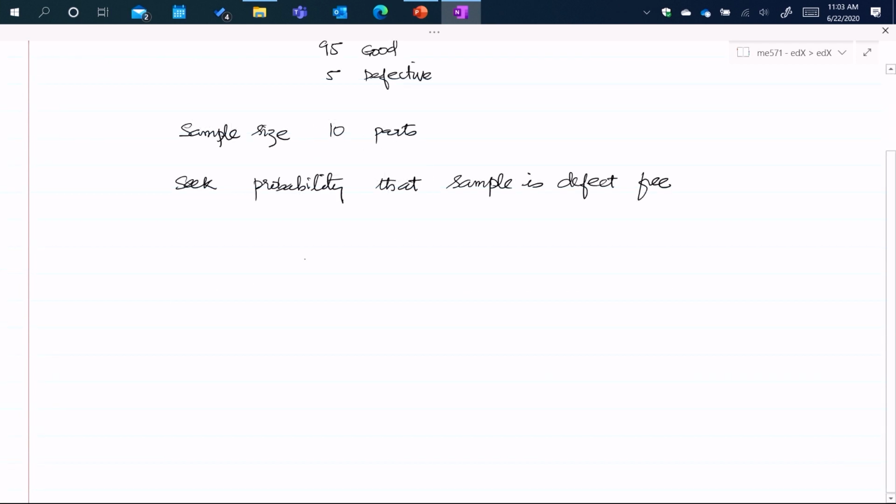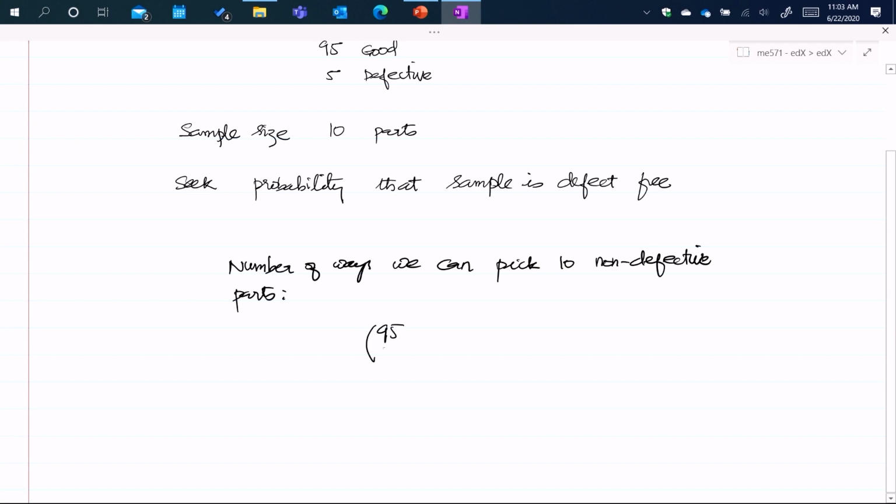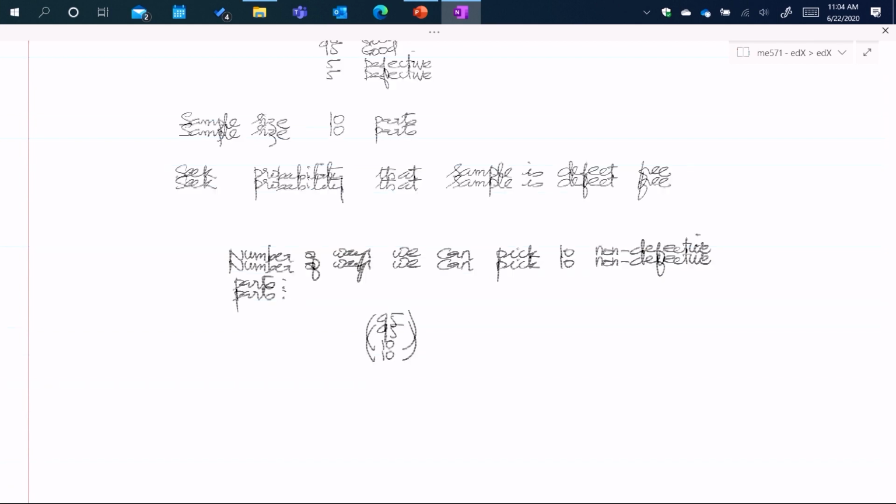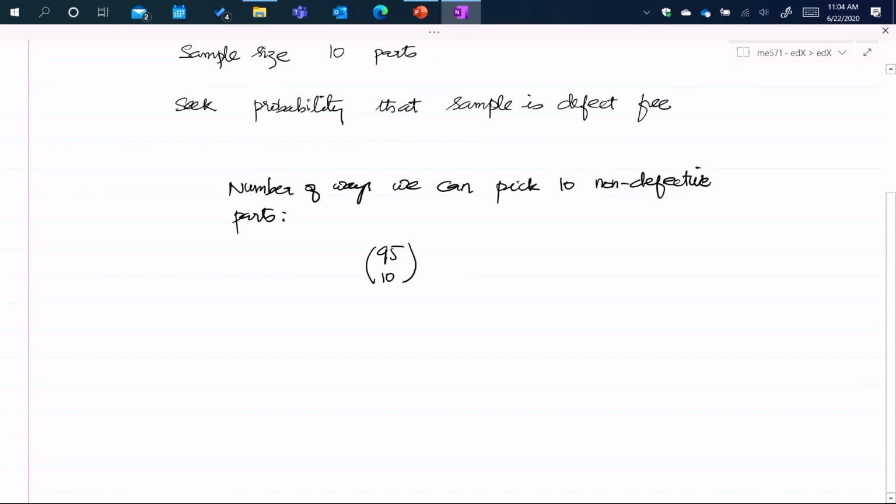So since we know there are 95 good parts, the probability that we seek is based on the number of ways in which we can pick 10 non-defective parts. And that is picking 10 items out of 95 items. We know that the population has 95 non-defective parts, and this is the number of ways in which we can pick 10 non-defective parts. Now, the number of ways we can pick any 10 parts